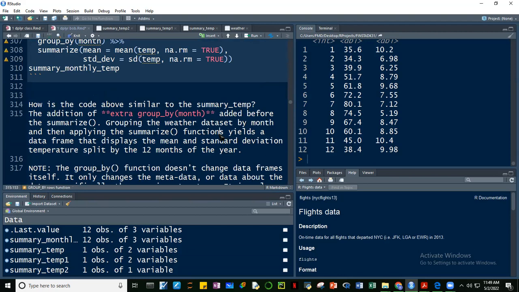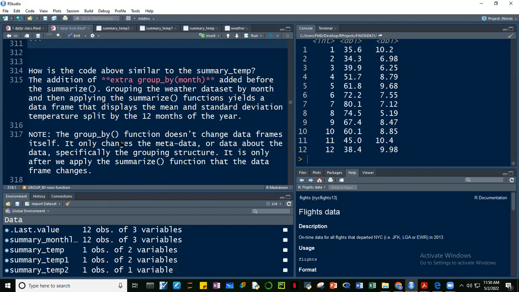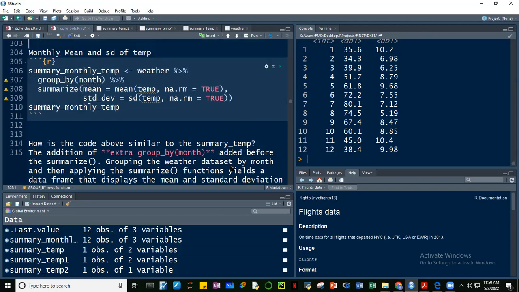Okay. So we said here the addition of the group by month added before summarizing allowed us to extract the mean and the standard deviation on a per month basis. Okay, note guys that the group by function doesn't change the data frame itself. Hindi na bago yung weather data set. It only changed the metadata or the data about the data. Now, of course, you can create, if you want this object,